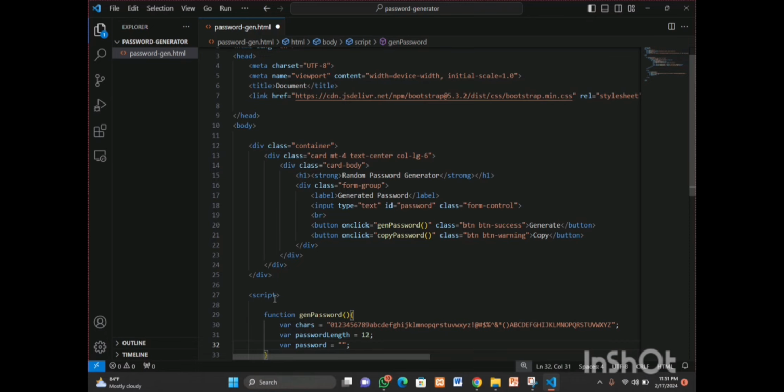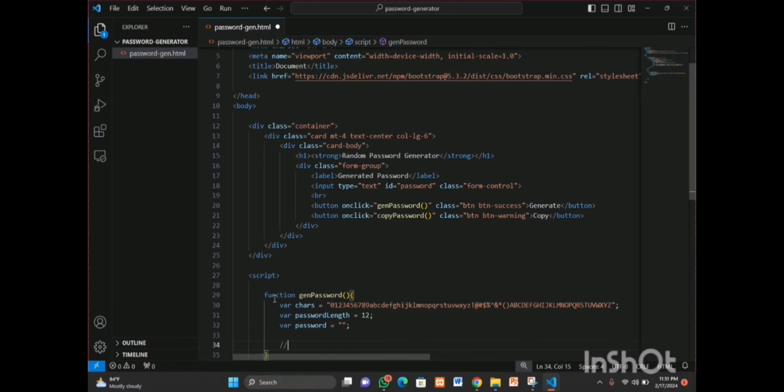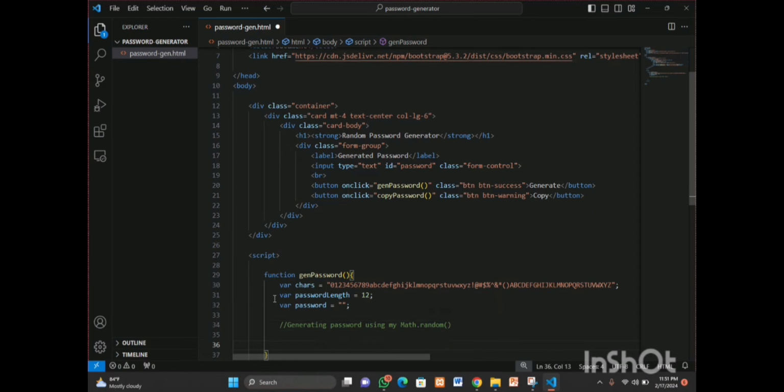So the next thing I'll do is to use my random function to generate the password. So generating password using my Math.random. Okay, so in JavaScript, for you to include a single line comment, you need to use //. So the next thing I will do there is to call my loop statement. So I will say for,